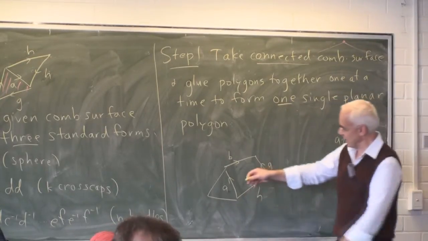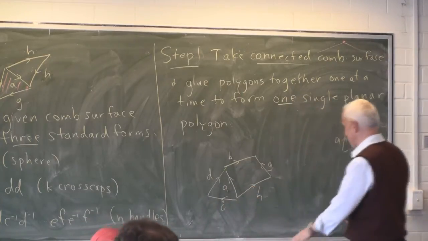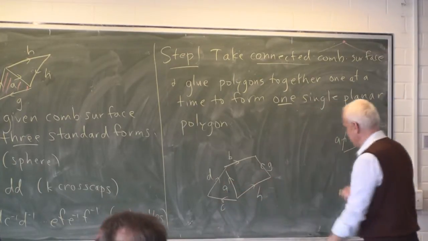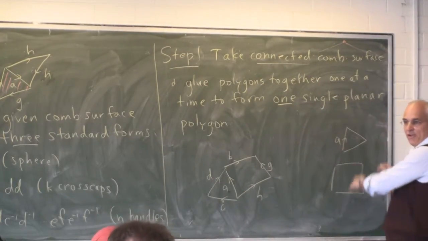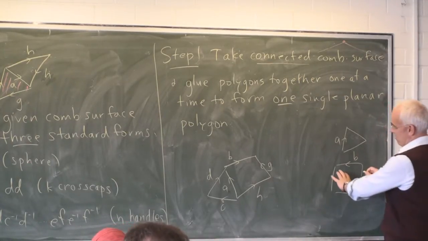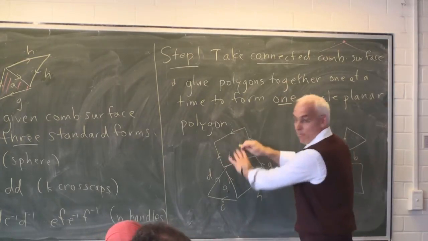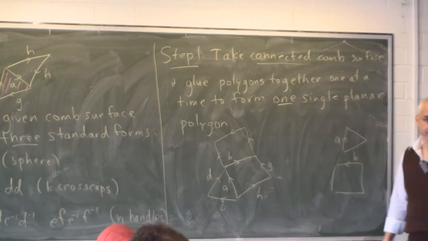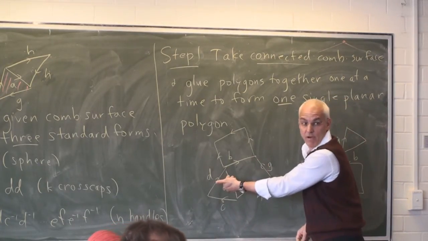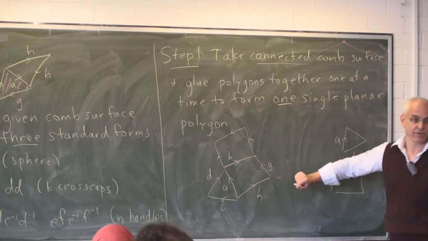Now we have a slightly bigger piece with some more edges, C and D, and we keep doing that. We keep looking around here for a free edge, in other words, an edge that only appears once, and we look out on our selection of pieces, and we find another one, say B, and then we move this B there, match it up, so now we have a bigger and bigger polygon in the plane. At no point are we matching up edges here with edges on the same polygon. We're not wrapping this polygon around. This is staying planar.